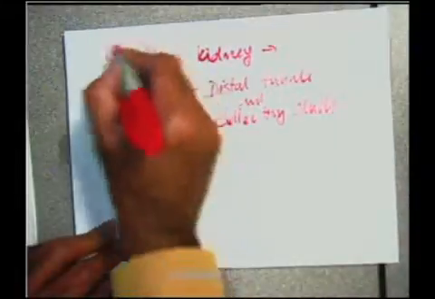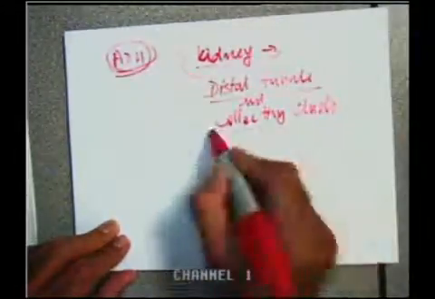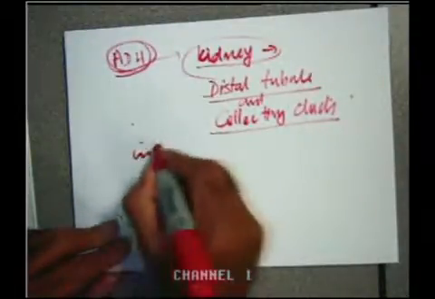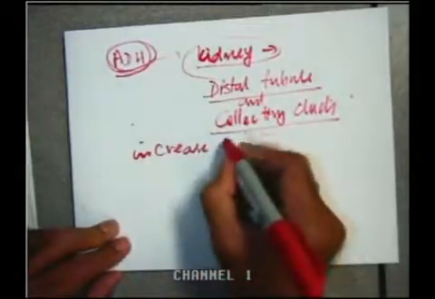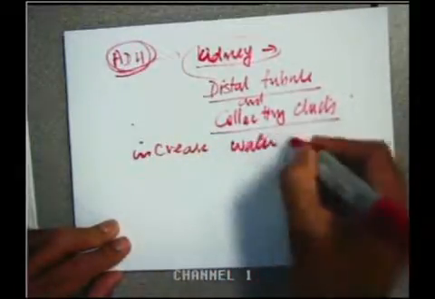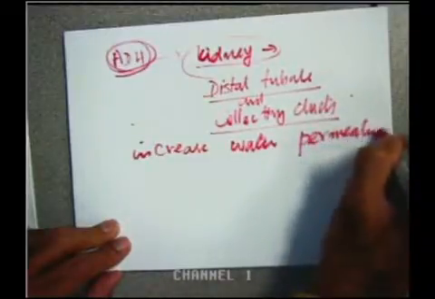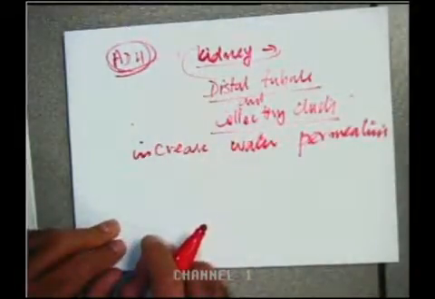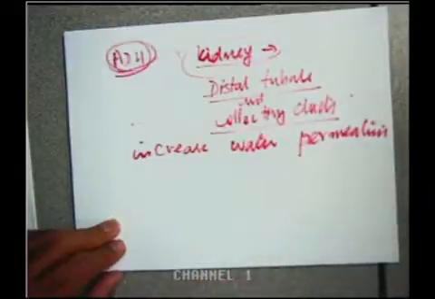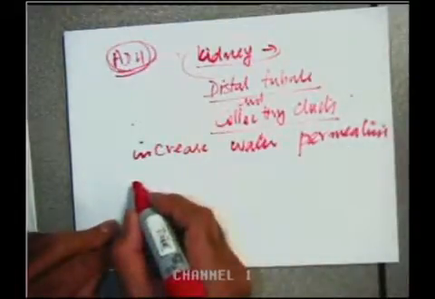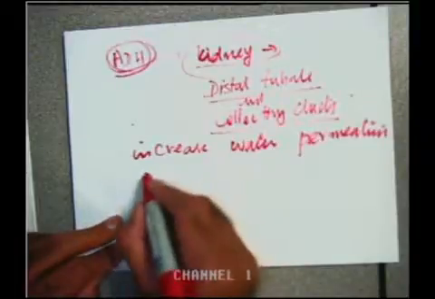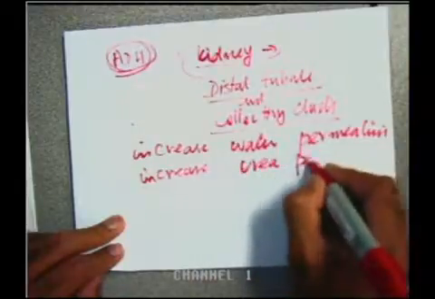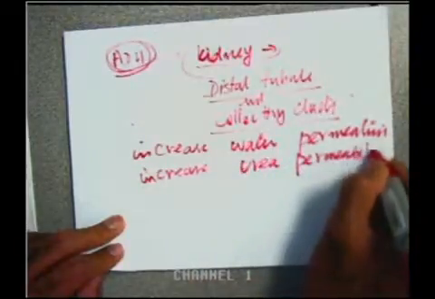So ADH will go to the kidney, where it will enter the distal tubules and then the collecting ducts. There it acts to increase water permeation. Thereby, the water present in the blood that is going to be filtered out, it increases the filtering and then it goes back into the body. And ADH also increases urea permeability. So urea is also being removed.